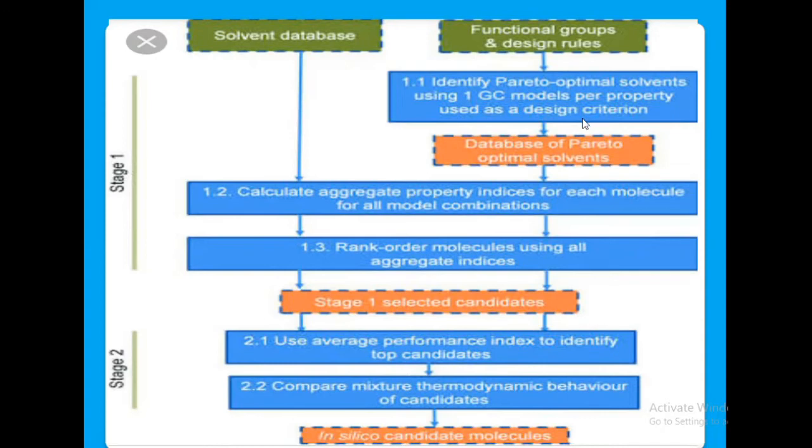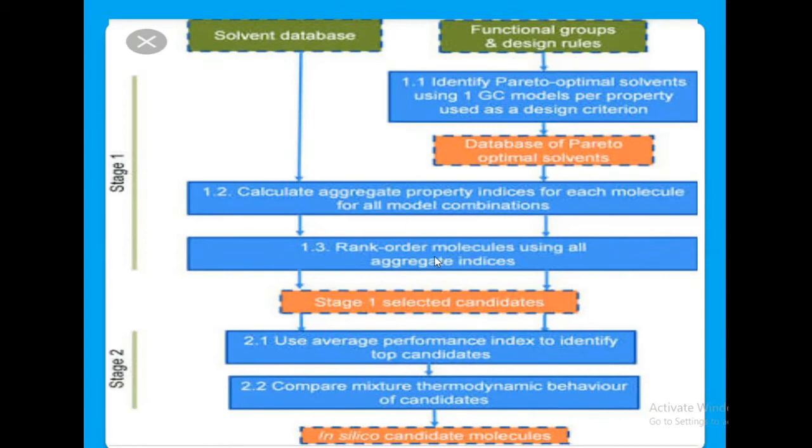Then you design the molecule based on the design rules. For that, a database of Pareto optimal solvents is available; you can take it from this database. With the help of these databases, you can calculate aggregate property indices for each molecule for all model combinations. All types of combination possibilities are calculated here.